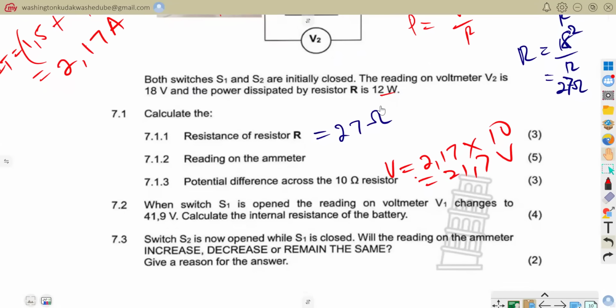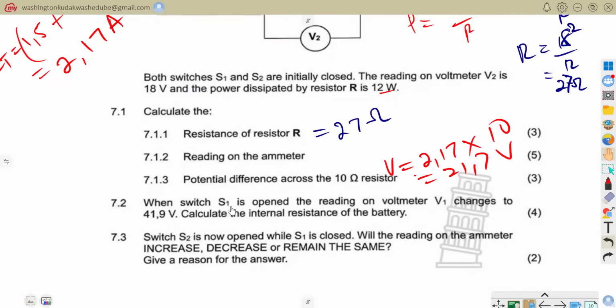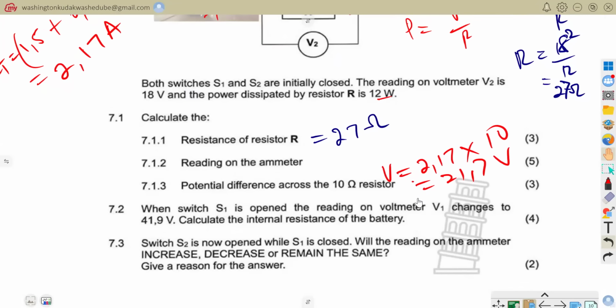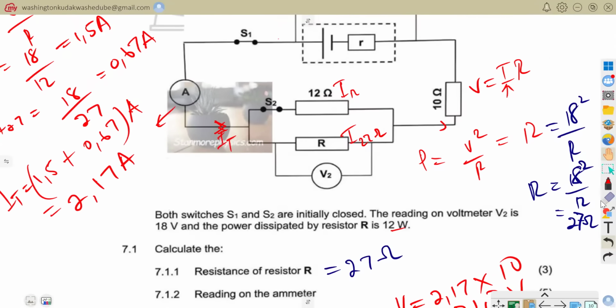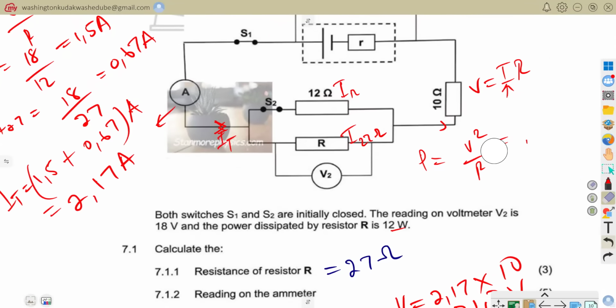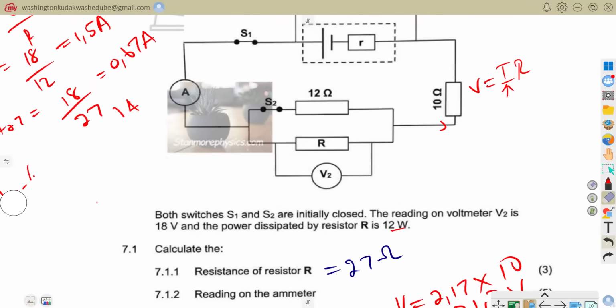Now they're saying when switch S1 is opened, the reading on voltmeter V1 changes to 41.9 volts. Calculate the internal resistance of the battery. So allow me to just rub through this. Now I know the voltage there, and I know the total voltage here. And after that, I would know the total current. If that is the case,